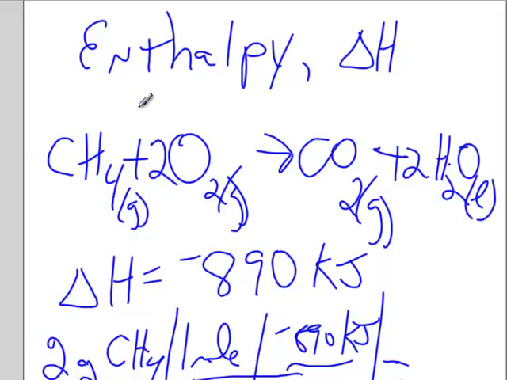Now, if I were to be talking about the reverse reaction, water plus carbon dioxide making somehow methane and oxygen, the delta H for that would be identical, but it would be opposite in sign. Because again, that goes back to the first law of thermodynamics, energy is conserved. The heat that's being given off in one direction is absorbed in the other direction, which